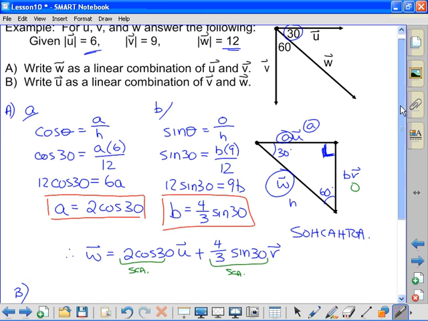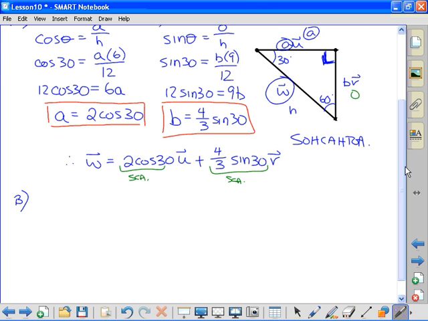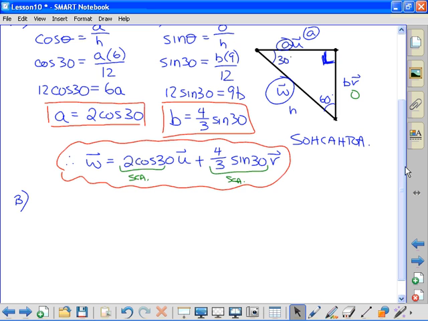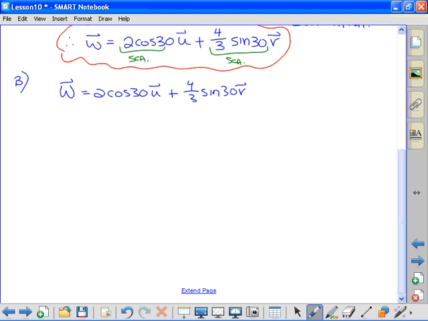B part, write u as a linear combination of v and w. You already have an expression. So you just have to take this equation, and we've practiced rearranging already. We got to rearrange this equation and solve for u. So w equals 2 cos 30 u vector plus 4/3 sine 30 v vector. So we're just going to rearrange this equation for u. So w, I'm going to bring the v vector over, minus 4/3 sine 30 v, which would equal 2 cos 30 u. Dividing both sides by